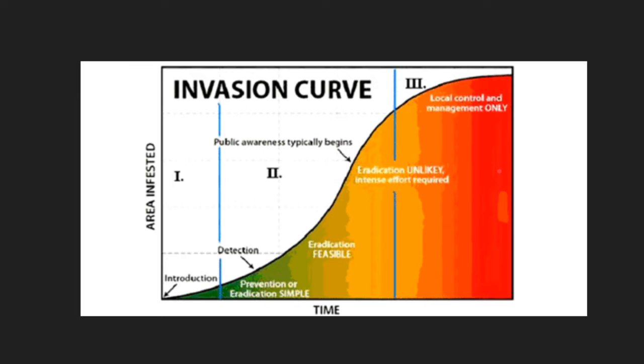So, for instance, this is the idea of an invasion curve, right? And as that line goes from green to yellow to orange to red, the population is getting bigger and it's spreading. If you notice, we normally don't become aware of it until it's reached this point. Their population already has to be pretty large by the time that we tend to notice. And at this point, eradication is highly unlikely. It would require a lot of work to happen. The only time that we can realistically eradicate